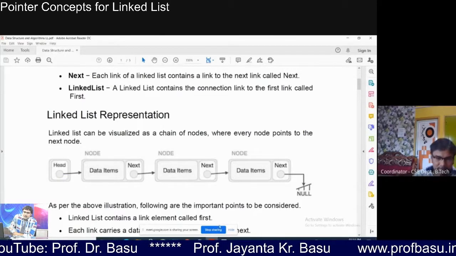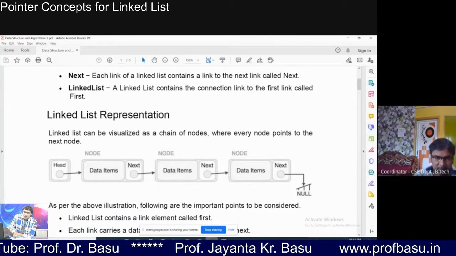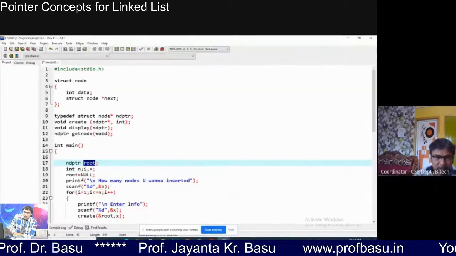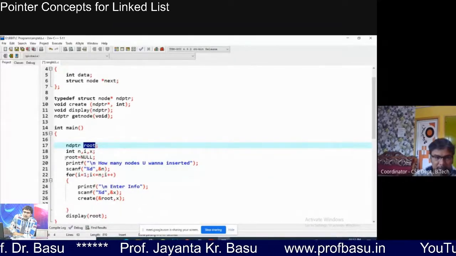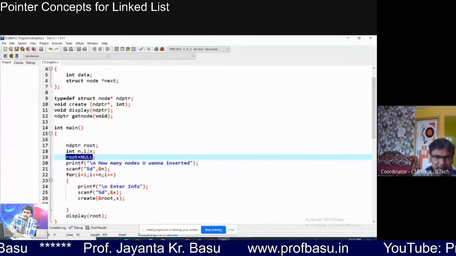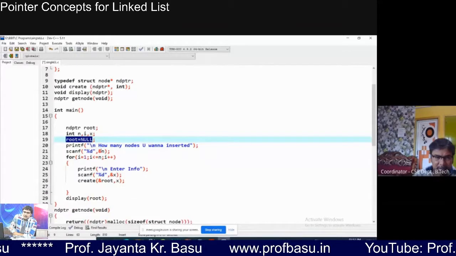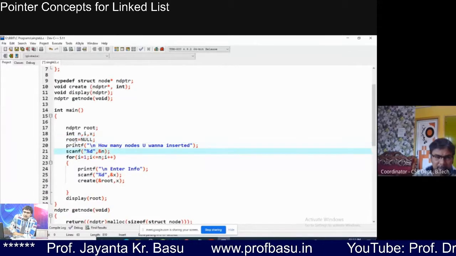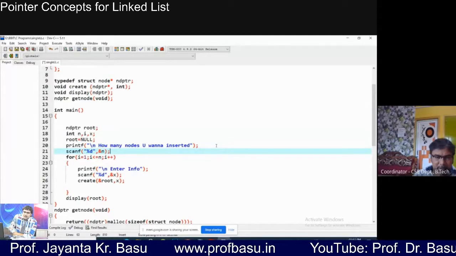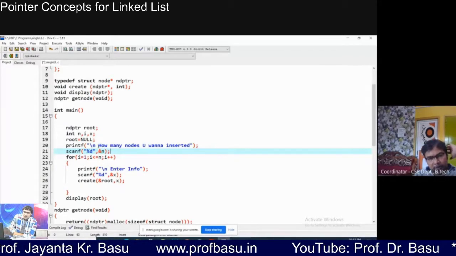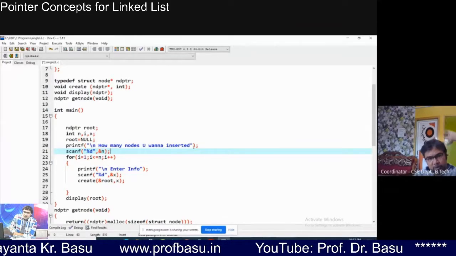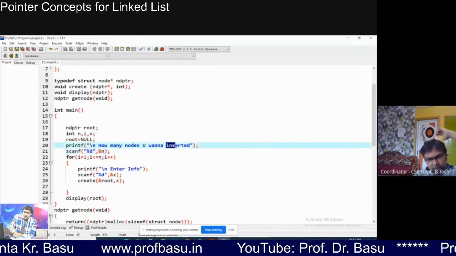Null means 0. Got it? Hello, are you getting? Yes, sir. Initially the root will have the value null. That's why I've initialized the root to null. These are some integer variables I needed to write my program. Now when we run the program, in the first display it will ask the user how many nodes they want to create.